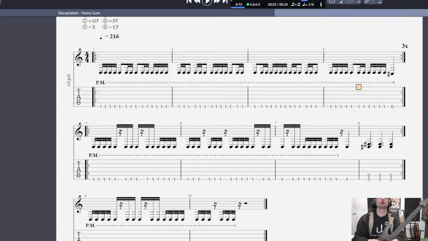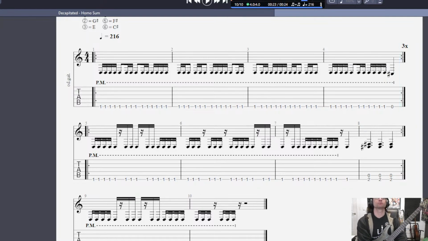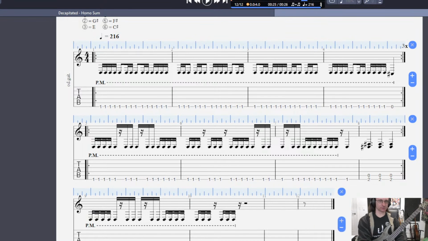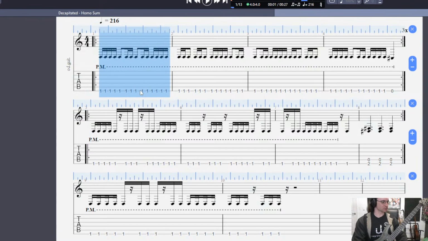Alright, so far, there's quite a few things we can do with this. So we got 1, 2, 3, really 4 different rhythms happening right here. So we could definitely do something with that. Yeah, I'm already thinking there's tons of stuff we're going to be able to do here. Tons. We can just start by taking this.